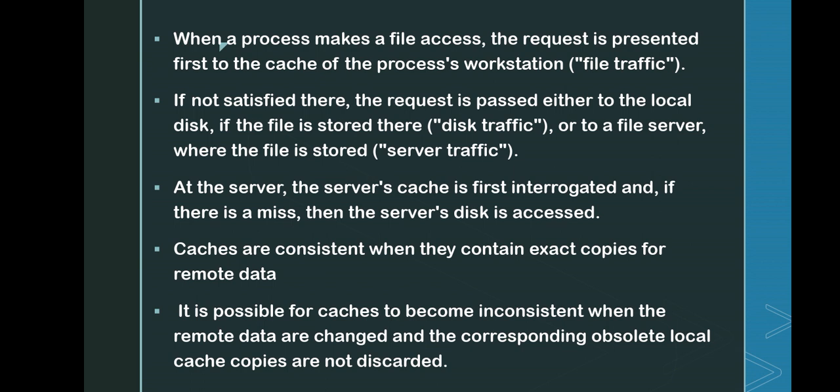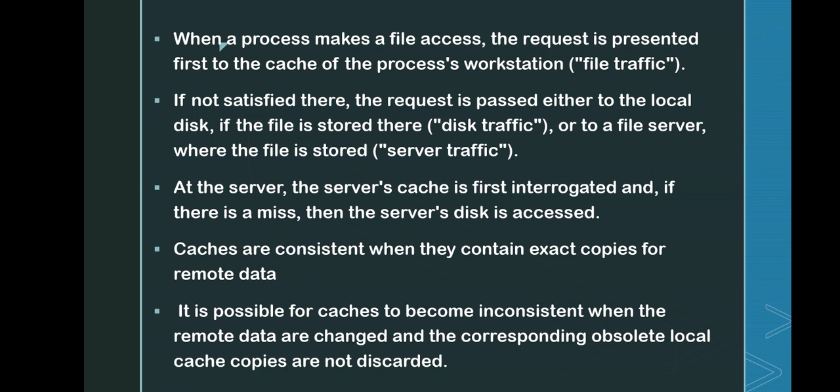That means remote data is the actual data that is permanently stored. Exact copies of that data are also in the caches, which are temporarily stored, and then we can say that the file caches are consistent. The next point tells about when the cache becomes inconsistent. It is possible for caches to become inconsistent when the remote data are changed and the corresponding obsolete local cache copies are not discarded. That means